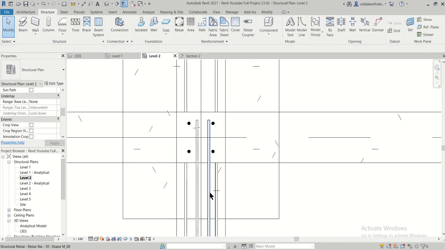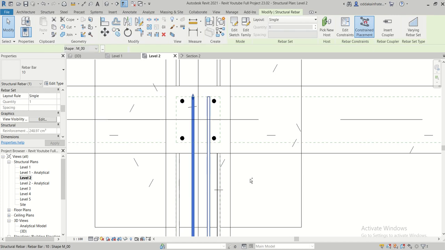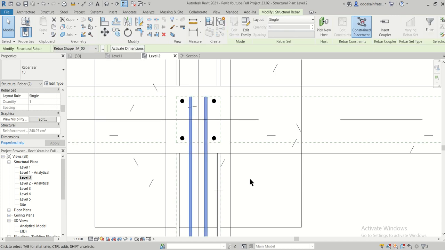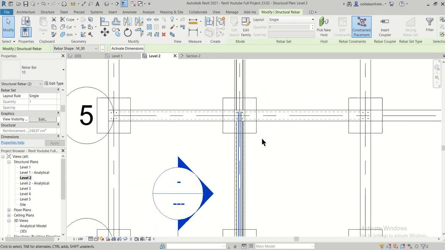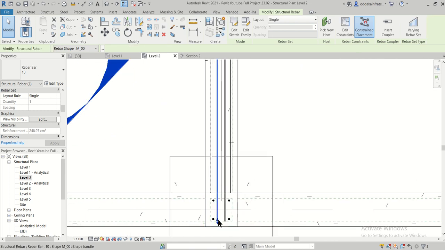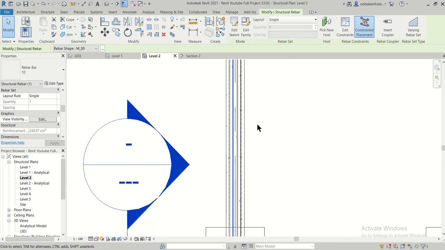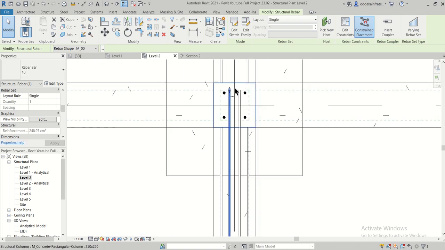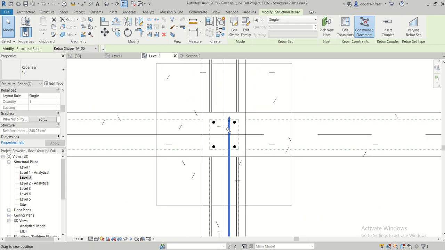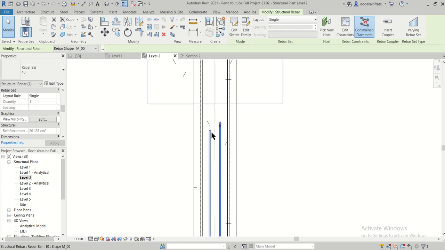Earlier we had moved it, so you can select these 2 and you can use the mouse middle wheel button to adjust your particular view. And once you have done that, what you can do is you can select this and you can reduce the size of it. So we want this near the supports. Okay, we'll do both of them at once. That will be better for us.